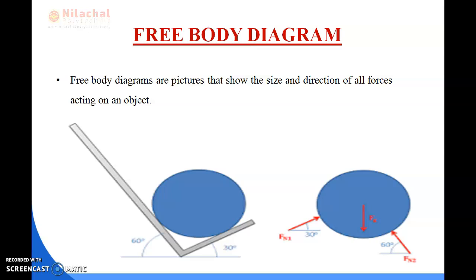Okay, whatever forces and supports are acting on a body, the diagram only shows the size and the direction of the forces acting on the object, this much,